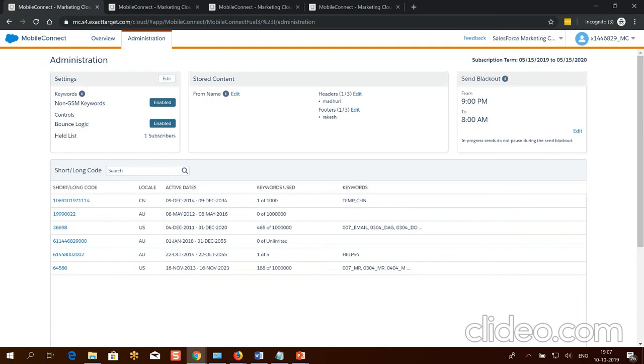Mobile Connect sends all SMS and MMS messages to an aggregator, then this aggregator distributes the messages to the different mobile networks available in that specific country. Mobile networks are maintained by the large wireless providers. Then the aggregator identifies which subscribers the Mobile Connect messages are delivered to and which they fail for.